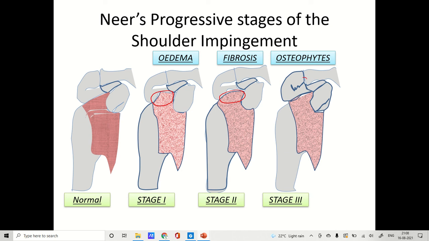The fourth one, you can see that osteophyte is generally developed. Sorry, this is normal, stage 1, stage 2, stage 3. Osteophyte gets developed because in order to decrease the load on the muscle, the bones start rubbing against each other. We also saw the definition given by Neer about the coracoacromial arch, and we also know the coracoacromial ligament, if it doesn't get fibrosed, if lacerations occur on the ligament, definitely more load is imposed on the bone, thus leading to development of the osteophyte.